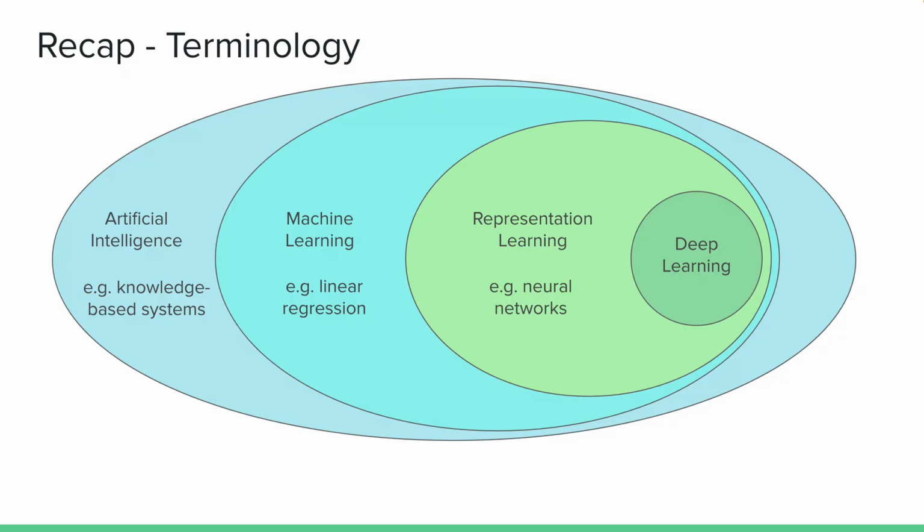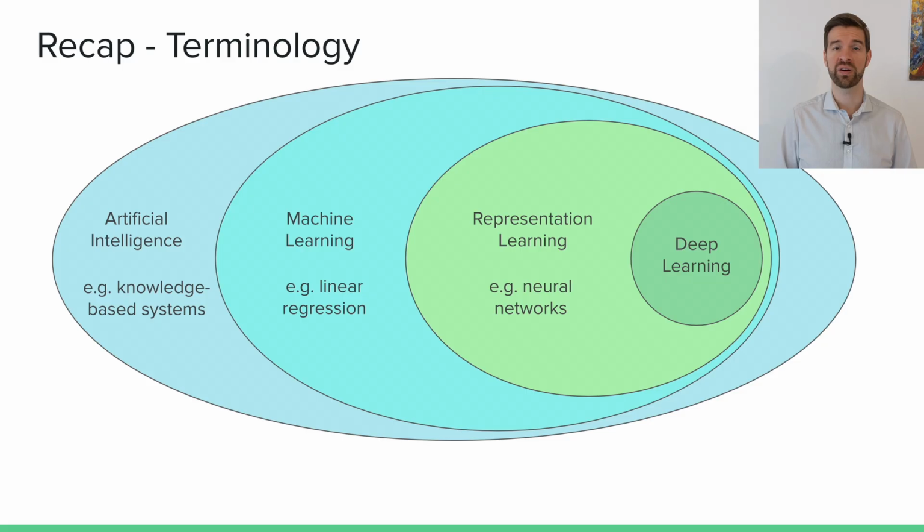On the terminology, I've given you the term artificial intelligence, which I believe is mostly a marketing term, and basically any knowledge-based system could be considered artificial intelligence. I personally would refrain from using this term because it's quite unclear what intelligence actually is, and what artificial intelligence therefore is. However, there are things that are clearly defined, like machine learning, which is using data to answer questions,